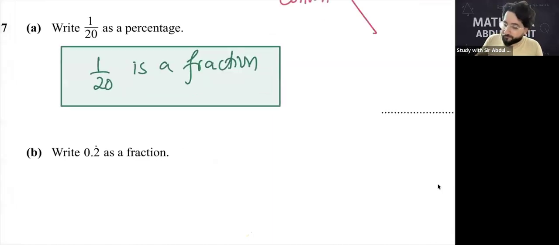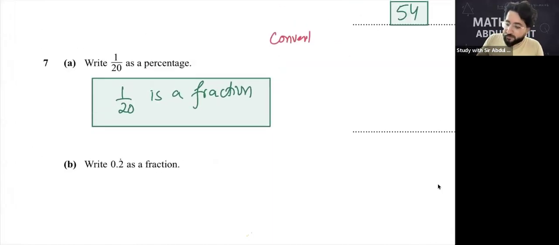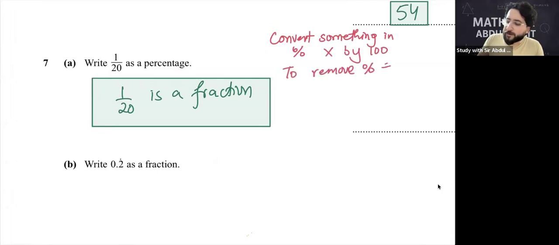To convert something in percentage, multiply by 100. To remove percentage, divide by 100. बेटा ये याद रहेगा सबको, अगर आपको किसी चीज को कन्वर्ट करना है परसेंटेज में तो उसको मल्टीप्लाई बाय 100 कर दें, और अगर आपको किसी चीज से परसेंटेज रिमूव करना है तो डिवाइड बाय 100 करें।